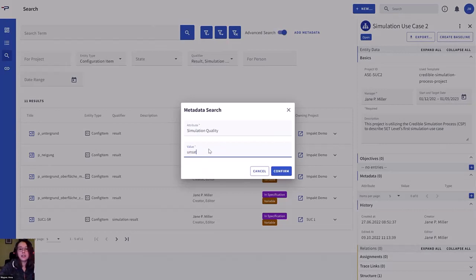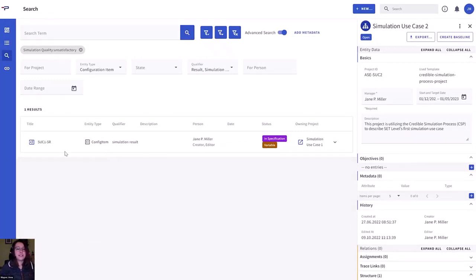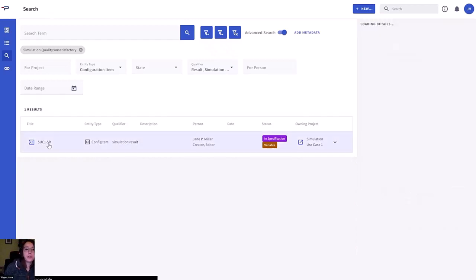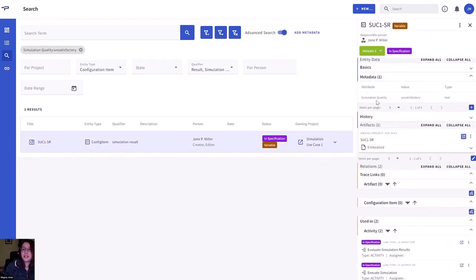And then I say I want those that are satisfactory. I am confirming and hoping that I did not misspell, and I did not. Nice, because I get a result. One simulation result has the metadata that its simulation quality is unsatisfactory. That's, of course, a shame, and I don't want to have unsatisfactory simulation results, so I want to find out